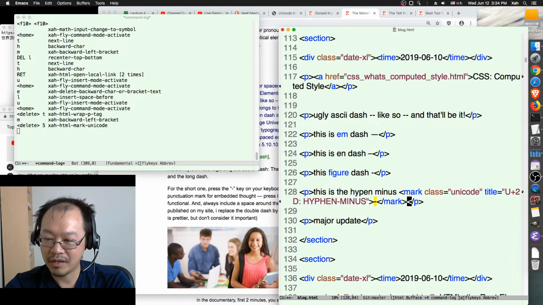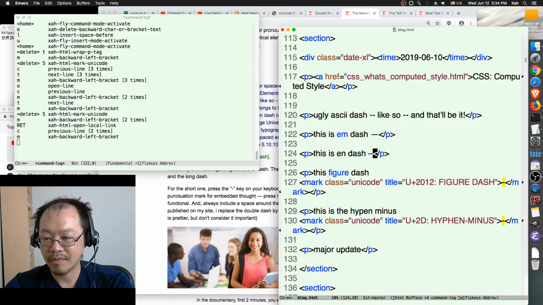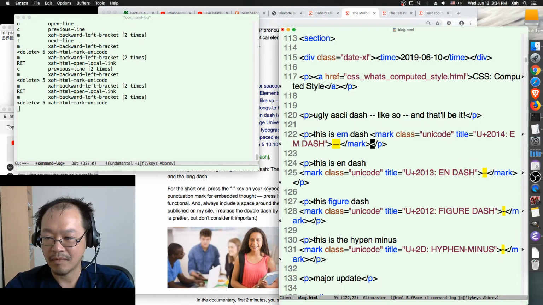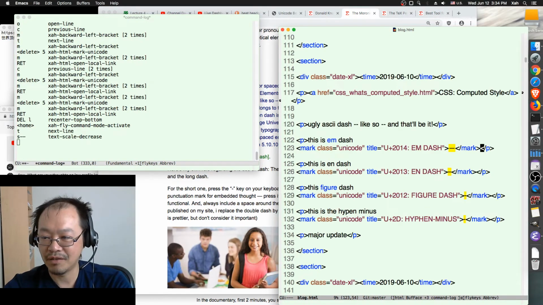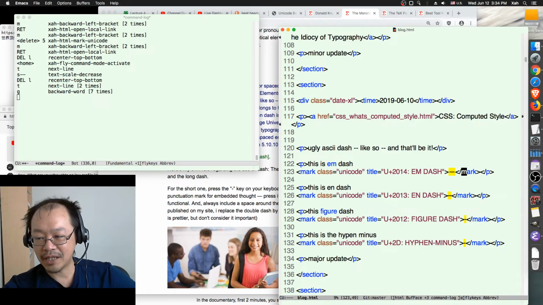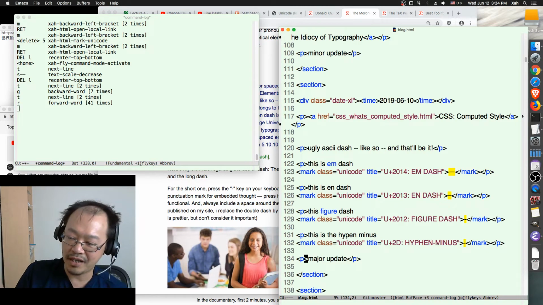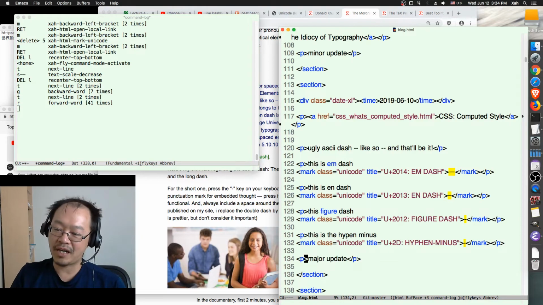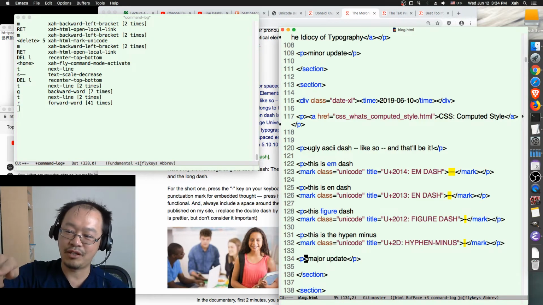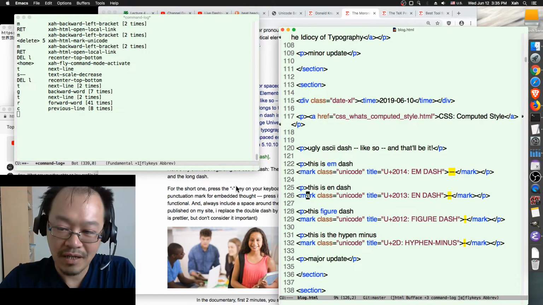Actually, let me show you the Unicode so that you can actually see clearly what they are. So you can see that. So you got em dash, you got en dash, you got figure dash, you got hyphen minus dash. Now, if you really care about these things, if you are one of the pedantic typographer kind of people, then each of them have proper uses. For example, I'm not going to explain, but